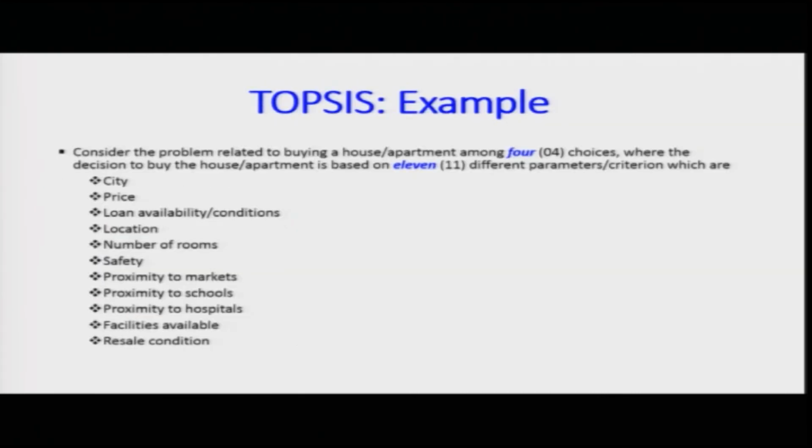Now, we will start a simple problem. Problem is, let me give you the background. Consider the problem is related to buying a house and apartment among 4 choices in any city, but I also consider that the city's preference is also under my jurisdiction, where the decision to buy the house and apartment is based on the fact there are 11 different criteria, which are which city you want to buy, what is the price of the house, what is the loan availability, conditions of loan, where is the location in that city,